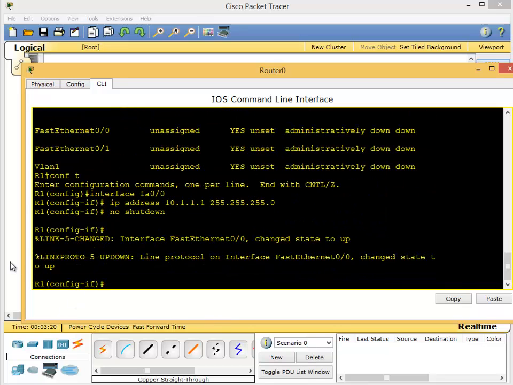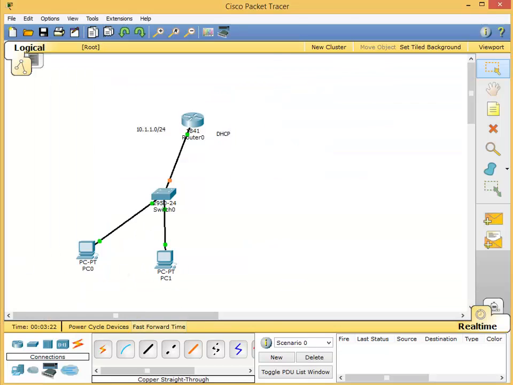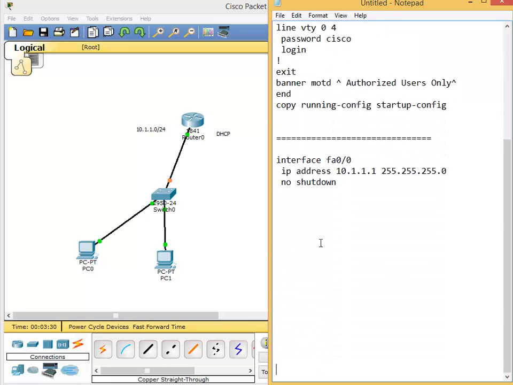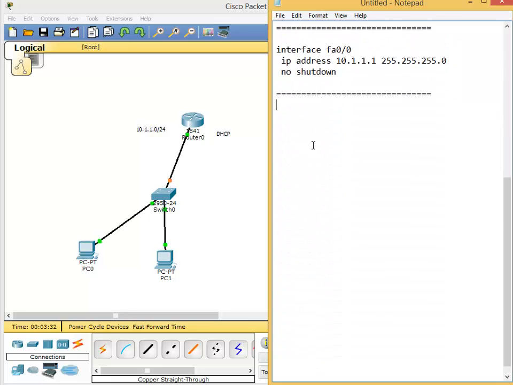Done. Right, so now to configure the DHCP, these client machines should get an IP address from the DHCP server, and our router is going to be the DHCP server. So first we have to exclude some addresses. So ip dhcp excluded